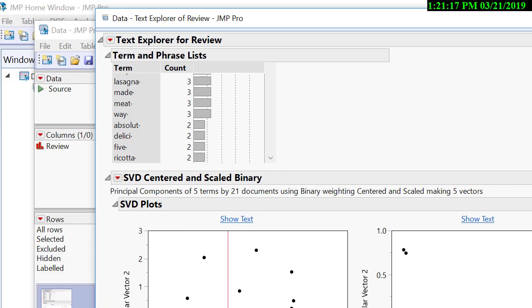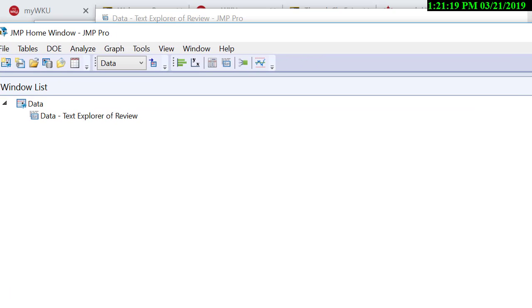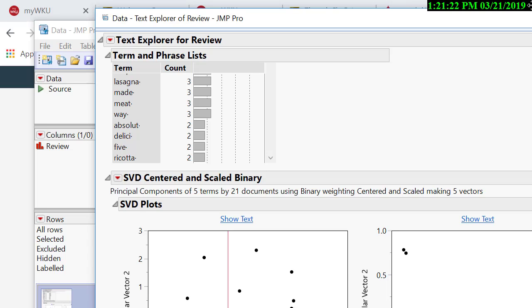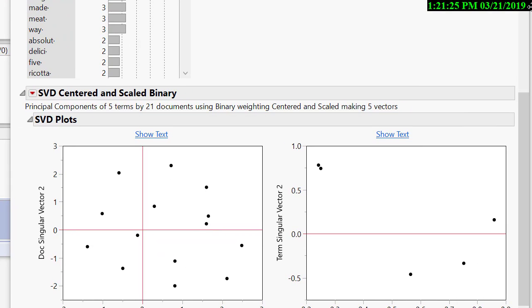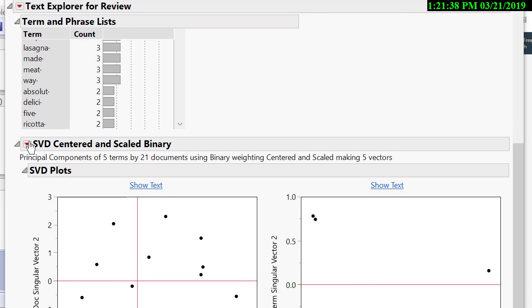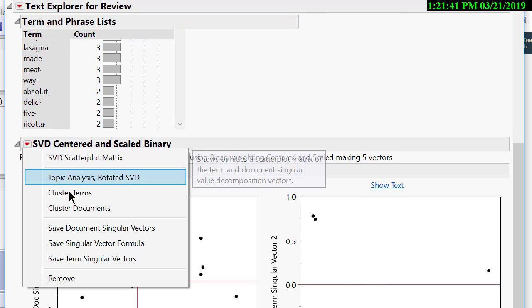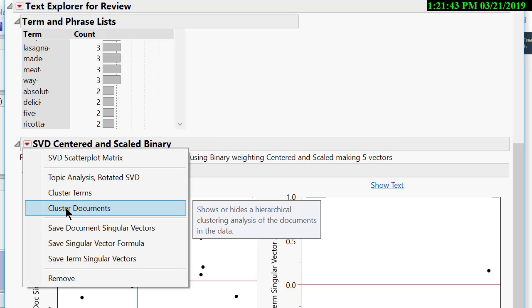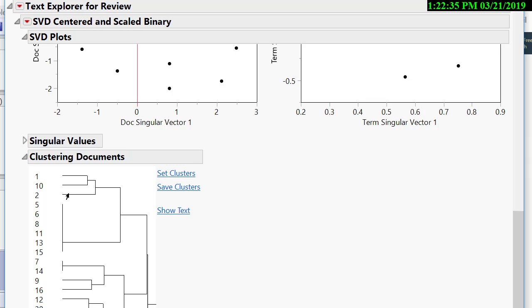I can move the screen around so you can see that. So that only allows you to get to a certain point. And so from there, then you have to actually do the hierarchical clustering. So if I click here, then I can do cluster terms or I can do cluster documents. So we're actually going to do cluster documents. All right, so when we cluster documents,